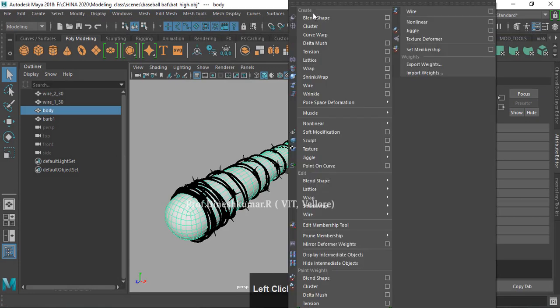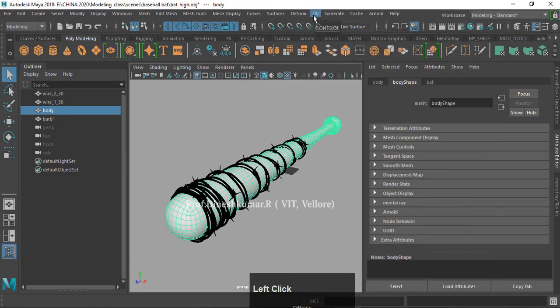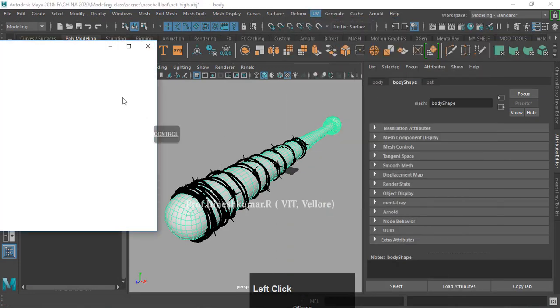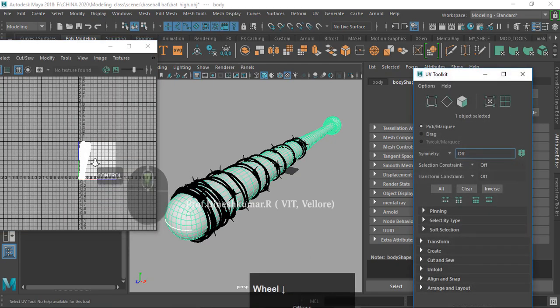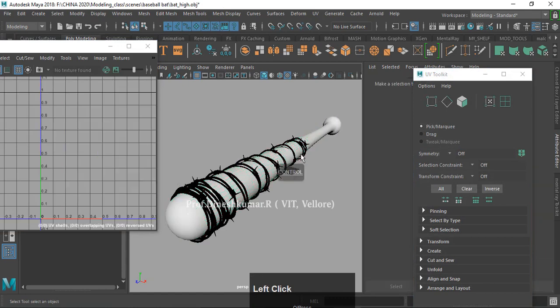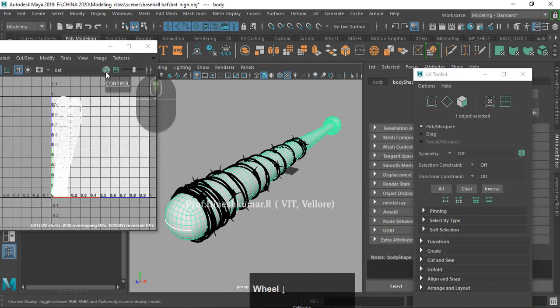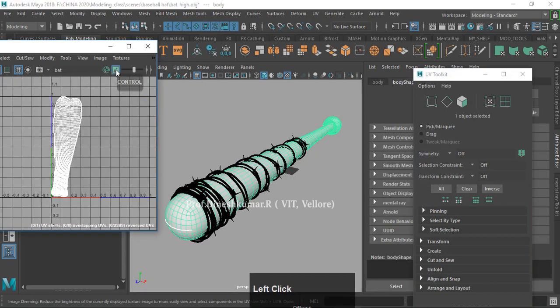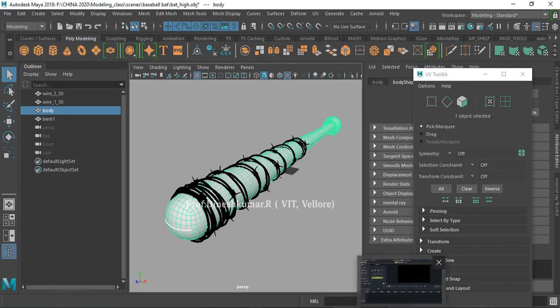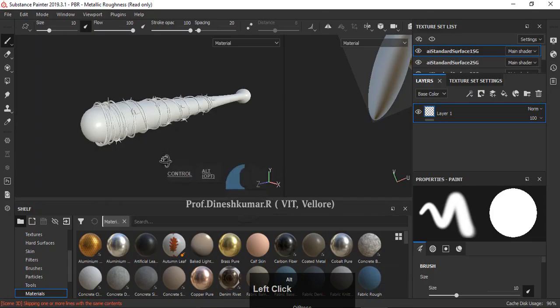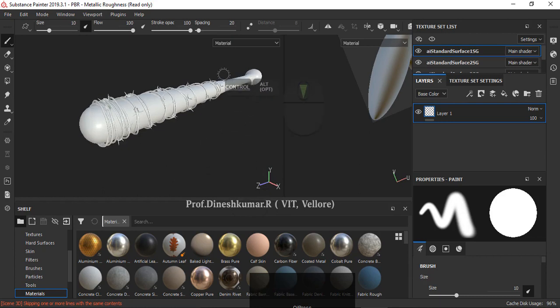Just open your UV editor and see whether the UV is done for the object, because before you take it into Substance, the UV should have been done, and here the UV has been done it seems. So yeah, UV is done. Okay, so that's much more important. You have to UV unwrap the model. Only after that you should take it to Substance. That is highly recommended. So now here we have all the objects, and before we start doing anything in Substance,